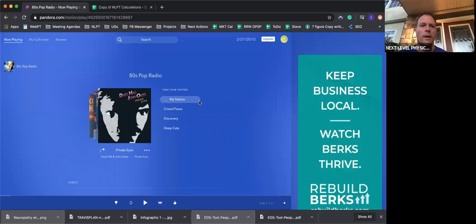A bajillion tabs open on your desktop. So let's share my screen and share here. All right, so I'm in Chrome. As you can see, the only thing I have up is my Pandora 80s Pop Radio, Hall & Oates. Anybody heard of them? So if you want to not have so many tabs up, what you can see here